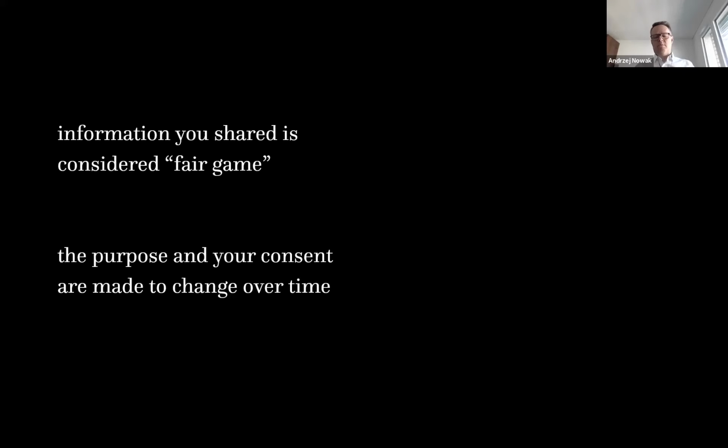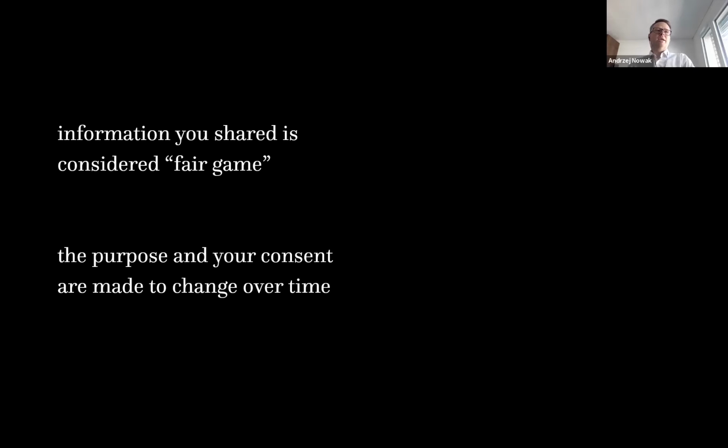Okay, so why do we have this stuff? Well, it kind of is implied that the information that we share is considered fair game. So basically, if we put something online, then we have a ton of different privacy policies and special provisions and agreements that say, if you put something out there, it can probably be sold or resold, or the conditions will change without our knowledge at some point, and then that information is going to be sold anyway, right? So I think the law and the application of the law still has to catch up a little